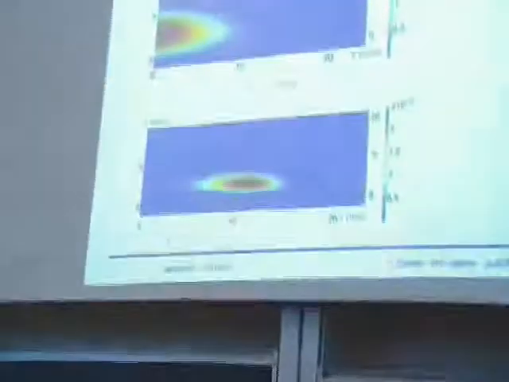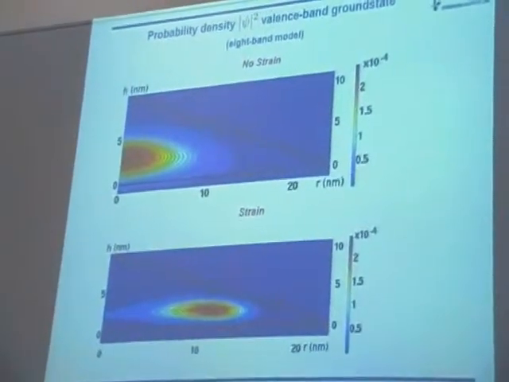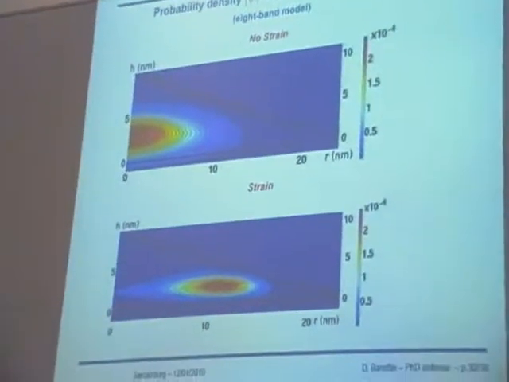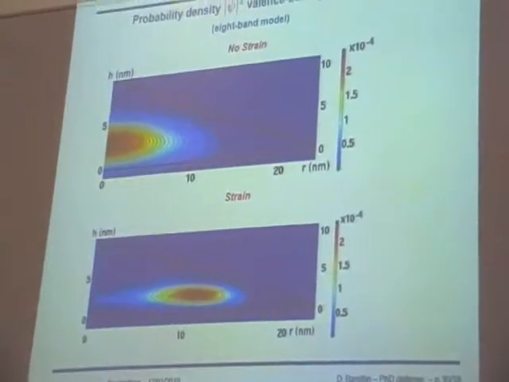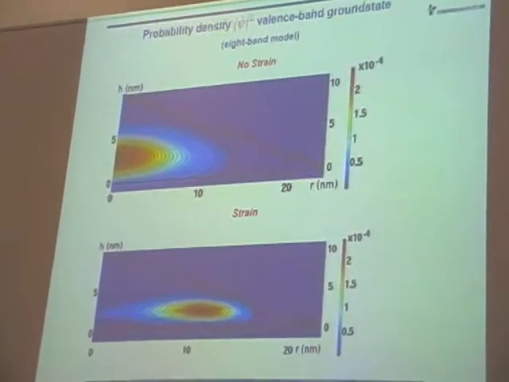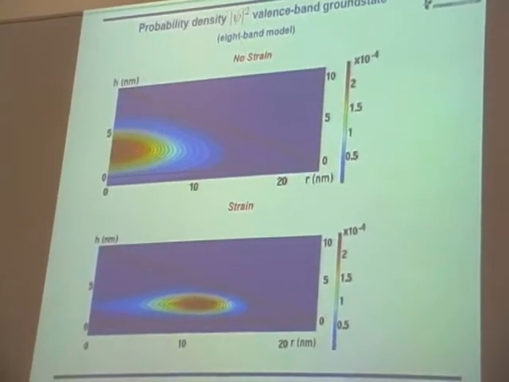We can see this here by looking at the probability density of the valence band ground state. I show you the valence band ground state because we know that in the case of the conduction band ground state, in this model we only have the hydrostatic strain. So what we have is basically a shift of the energy. But in the case of the valence band, the situation is more complex because of the axial strain, which is quite inhomogeneous in the size of the dot, so we have a strong effect on the shape of the wave function. Here on the